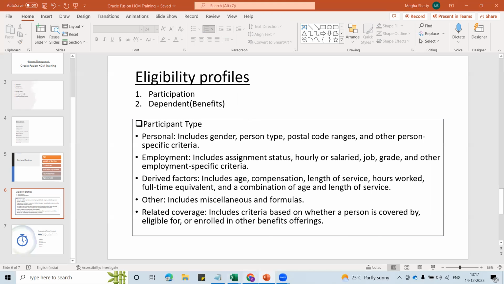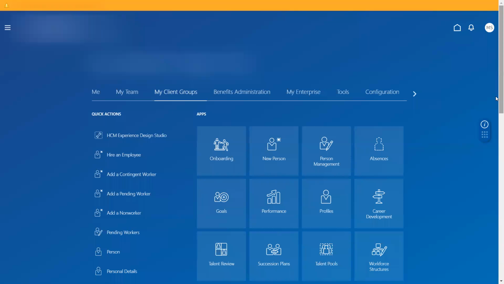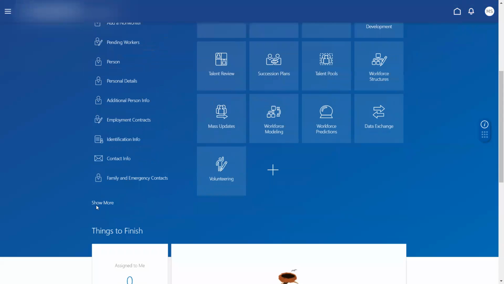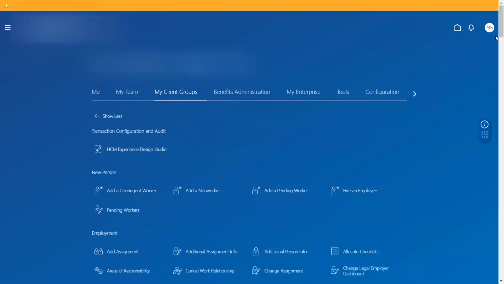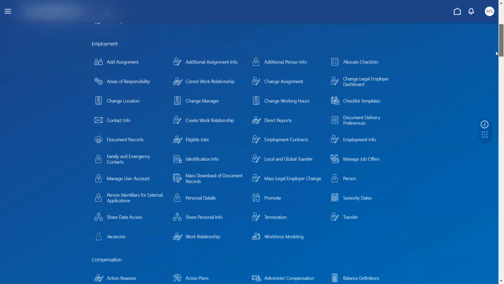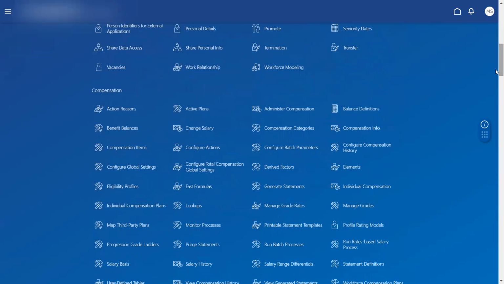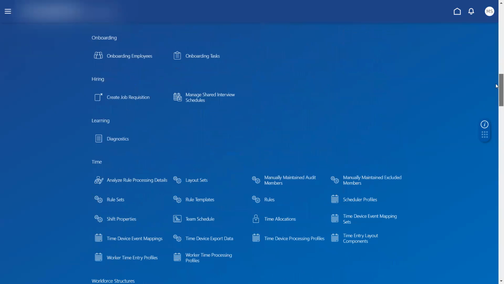So if I have logged in to the HCM application, I will show you how these two profile types would come under. So this is compensation. If I look under compensation, we have the eligibility profiles. This is the one. Similar to that, if I scroll down,